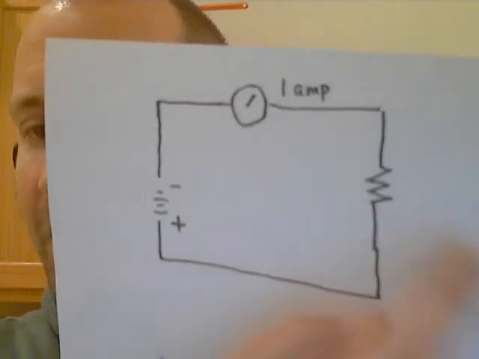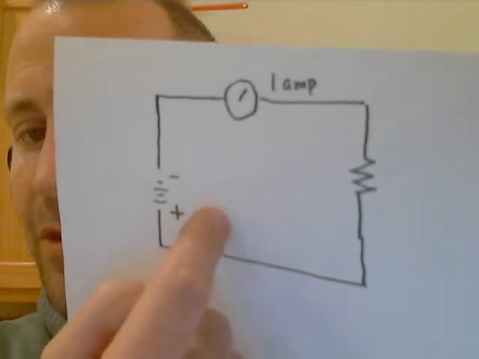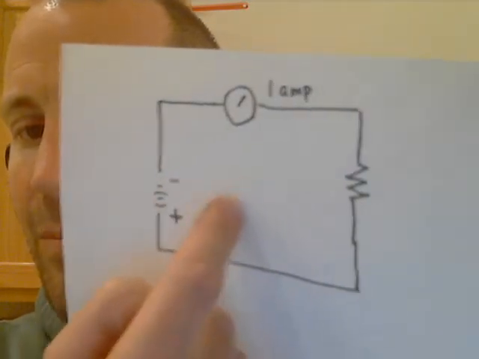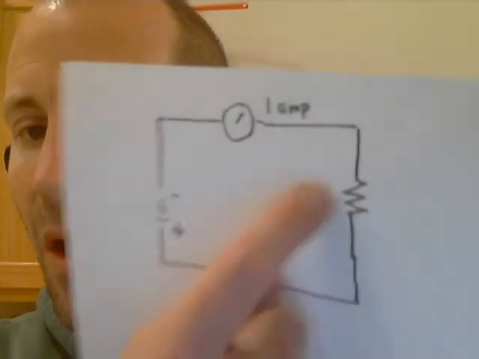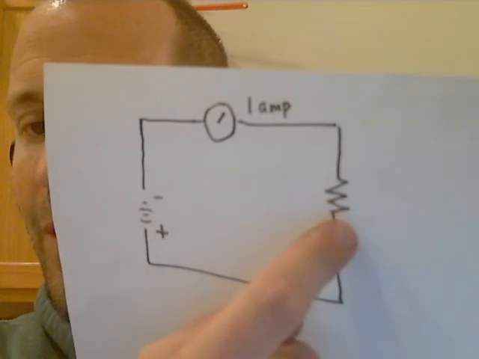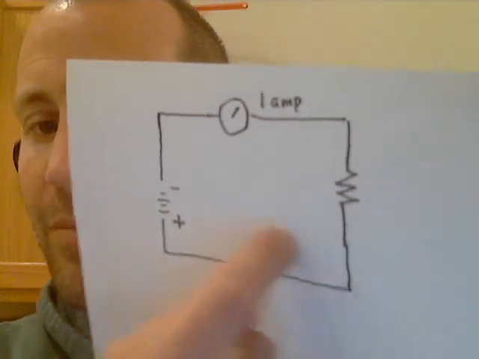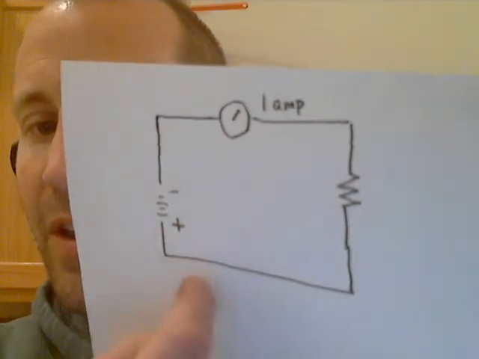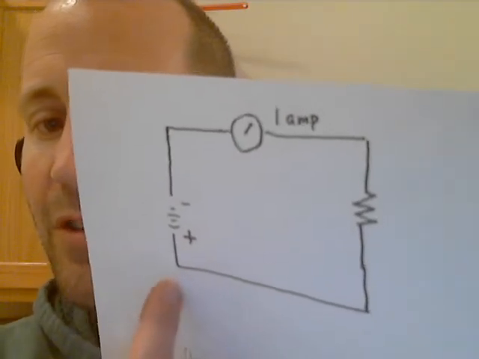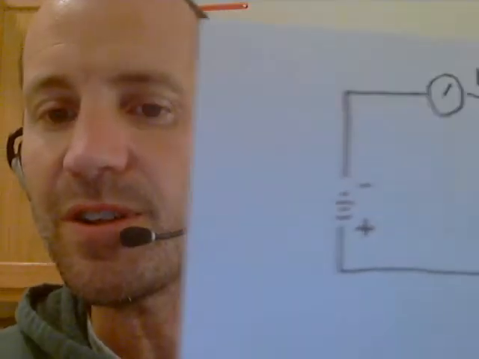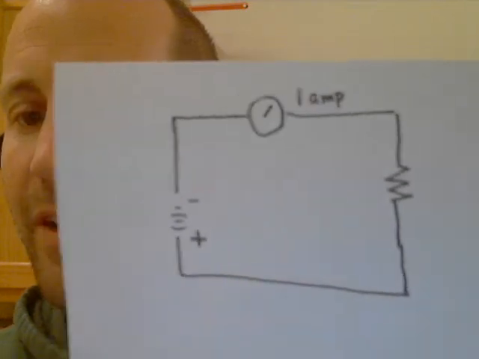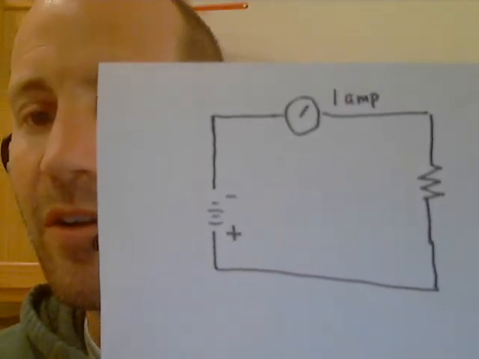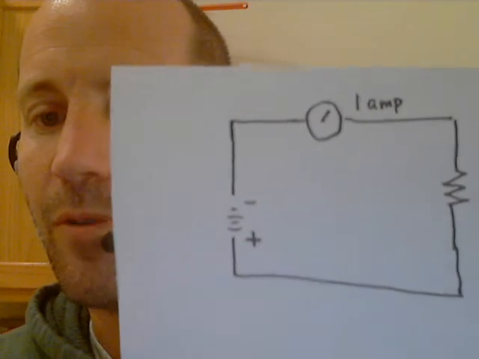If this weren't here, as soon as I closed the switch, as soon as I made a complete pathway from the negative terminal to the positive, all of the current would try to flow as much as the wire could take from the negative to the positive, and essentially what I would have would be a short circuit, because it tries to stabilize as fast as it can. So resistance to current flow is an important aspect of an electrical circuit. You need a certain amount of resistance to limit the current flow.